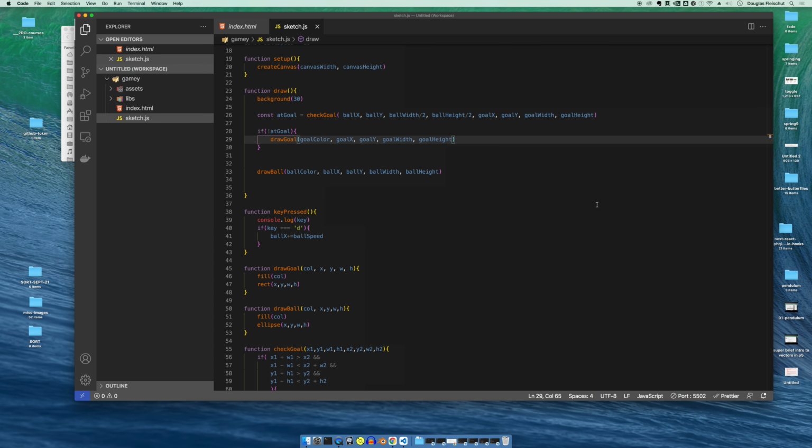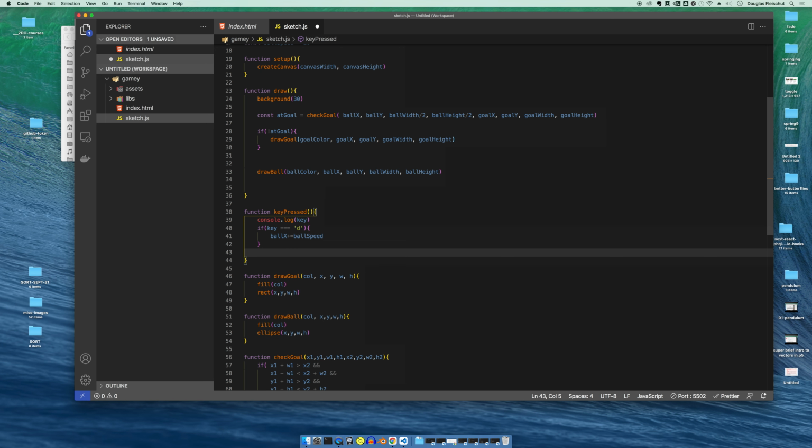Now, in the next video, I'm going to add images. So I'm going to use some Mario images, and you can use your own images. But before we go there, what I want you to do is take a minute and see if you can add these other keys to make this ball move in all 4 directions. All right, so there's a little challenge for you, and I will see you in the next